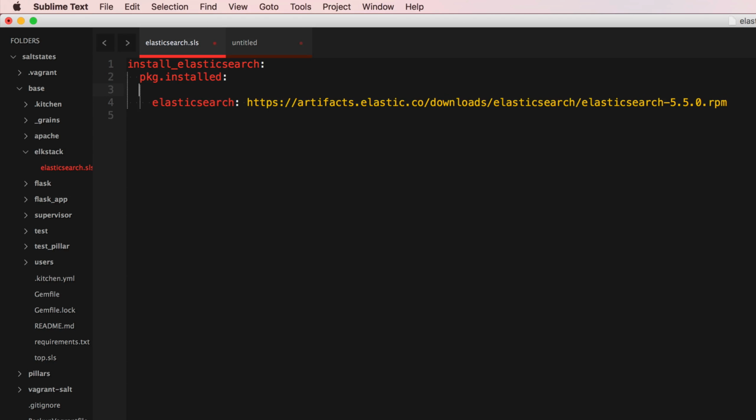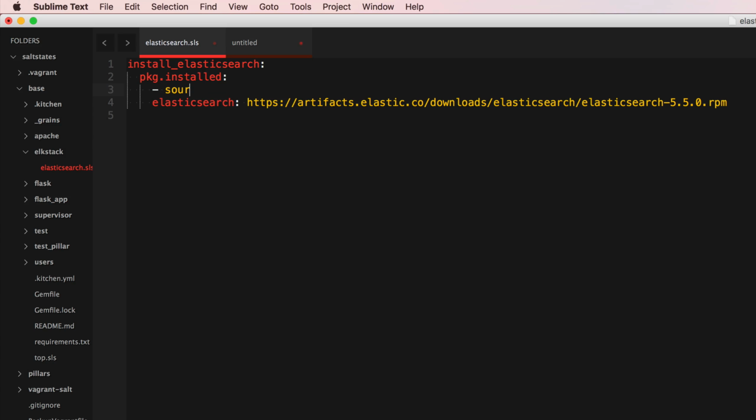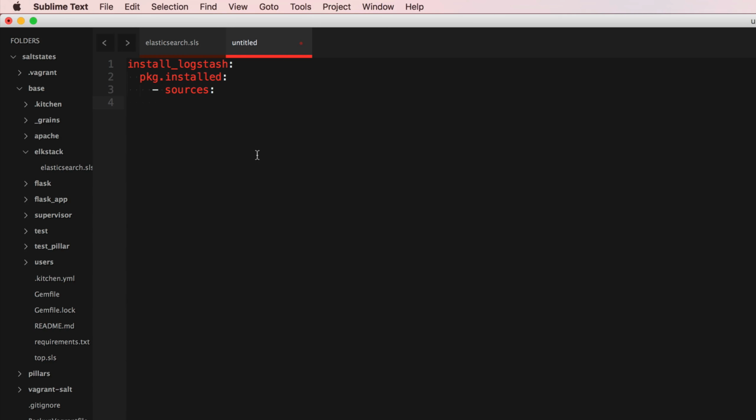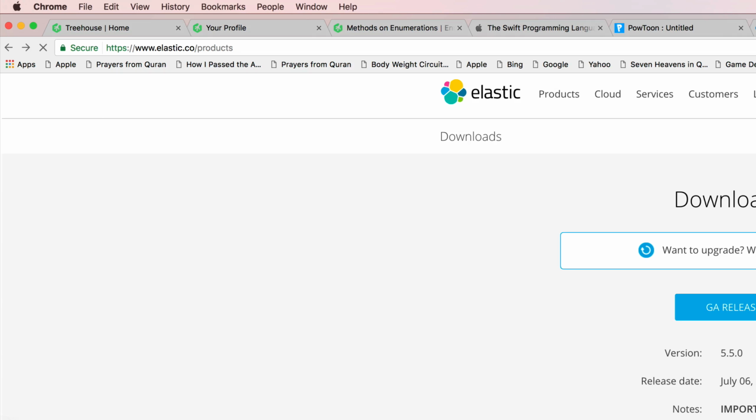I don't have that right. See, I did miss sources here. I think it's hyphen sources. Yes, it's a list. So sources, and then this is a list inside the list. And there we go. So sources, and this is logstash, and the logstash URL is,